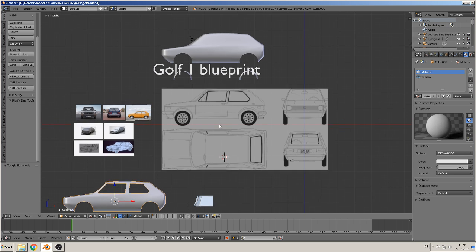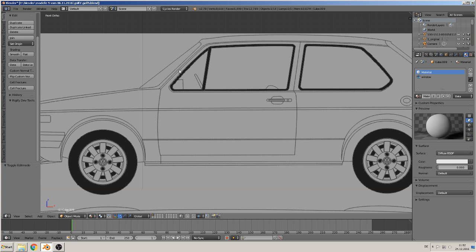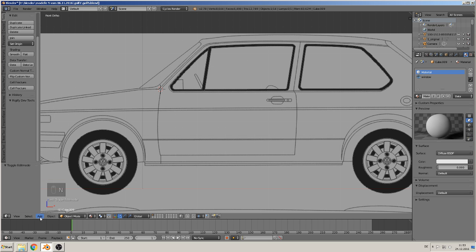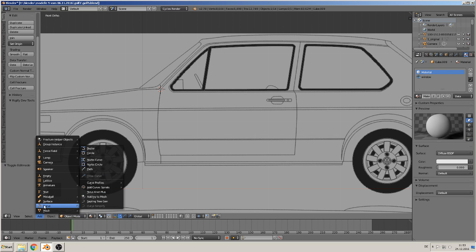That means we go to that door and make a cuttable mask of a door and cut it out of the model. So what we need for that is we go here and click with the left mouse button. Then the 3D cursor comes to this position. Then we add a curve, a Bezier curve,